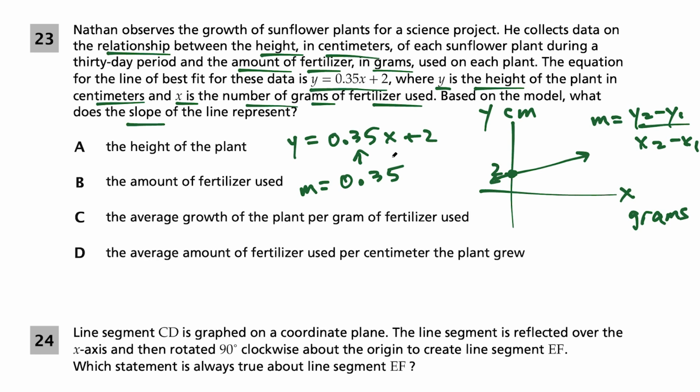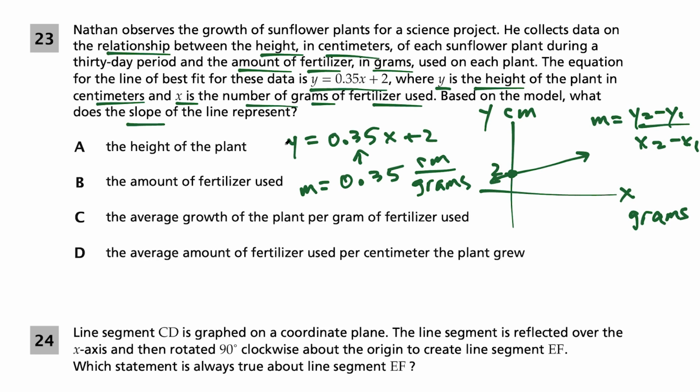But one thing to pay attention to here is that the units on top correspond to the y units. So notice that our slope is 0.35, and we would have centimeters on top because the y is on top and the y units are centimeters, over the x2 minus x1, the x units are grams. So now I would scan the answer choices here to see, once again, what does the slope of the line